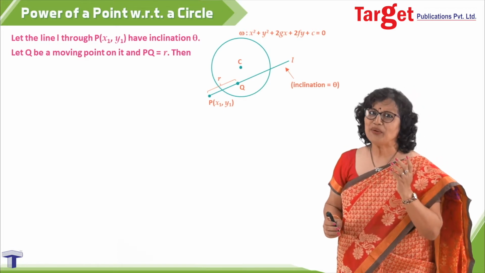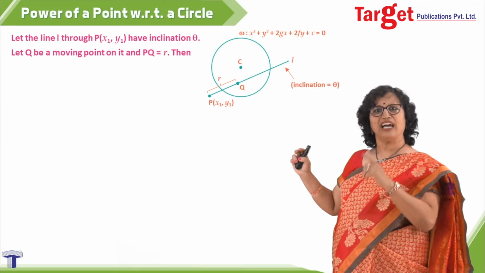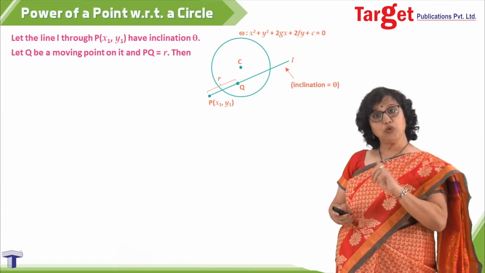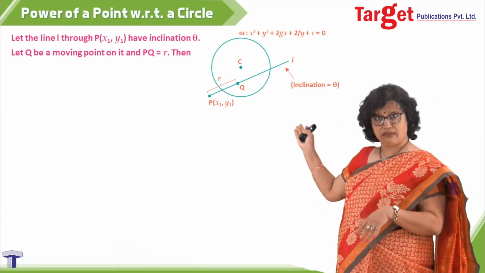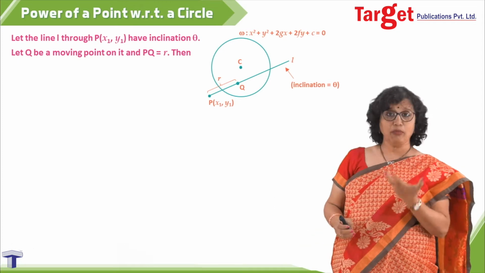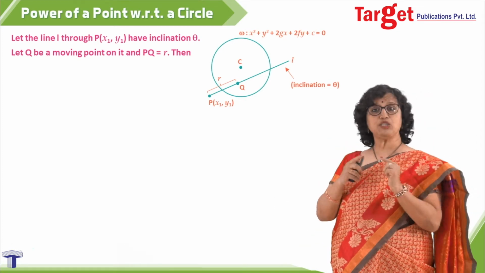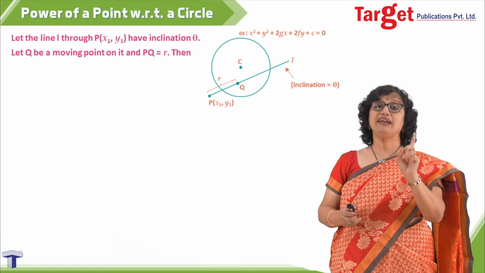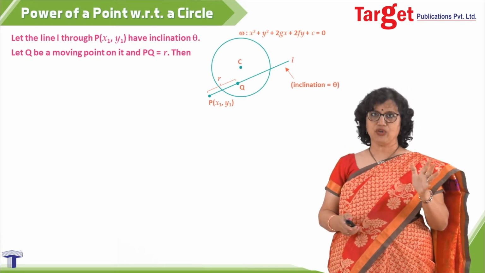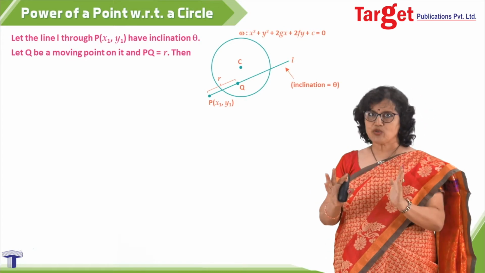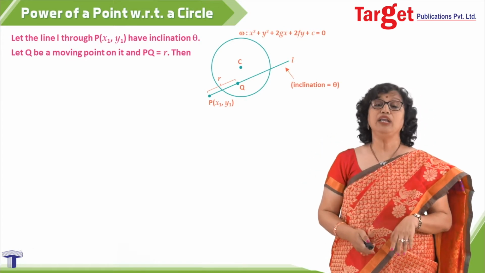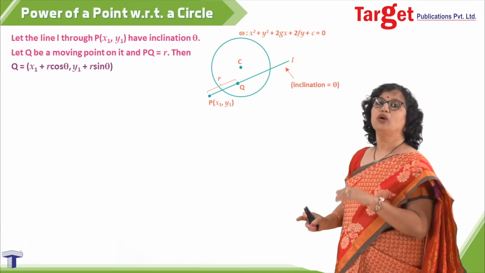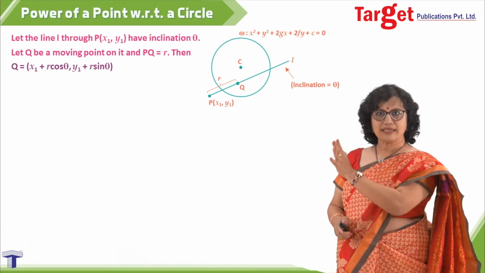What does it remind? We have done a similar situation. A line having, yes, inclination theta, 2 points, one of them a fixed point, which is P in our case, Q a moving point, and then we show the distance PQ. Where have we seen this? In the topic straight line, where we had done the parametric form of the equation of a line, right? So my aim is to use that parametric form. And using that, I may write my Q. Q would be x1 plus r cos theta, comma, y1 plus r sin theta.